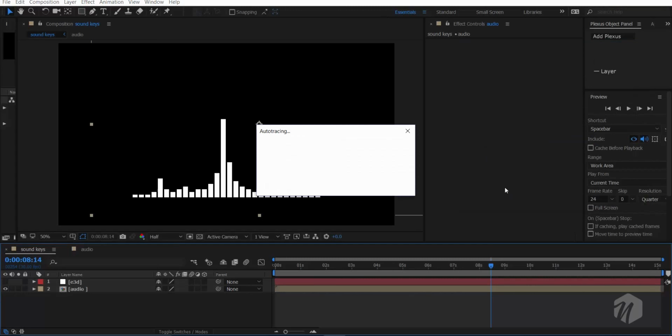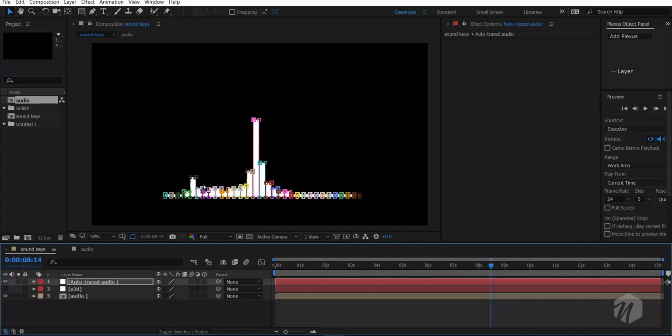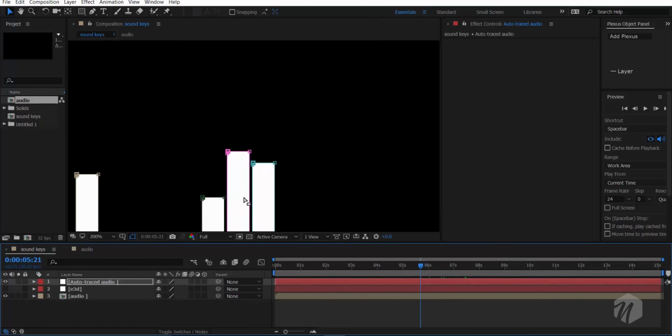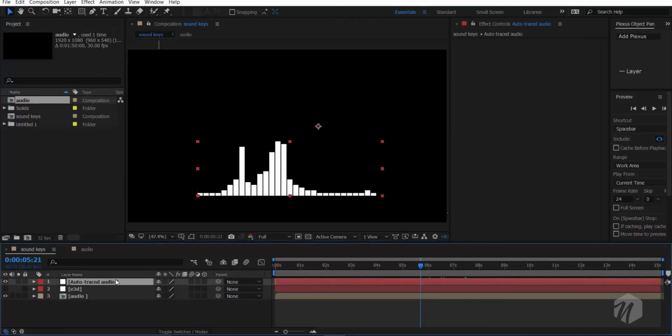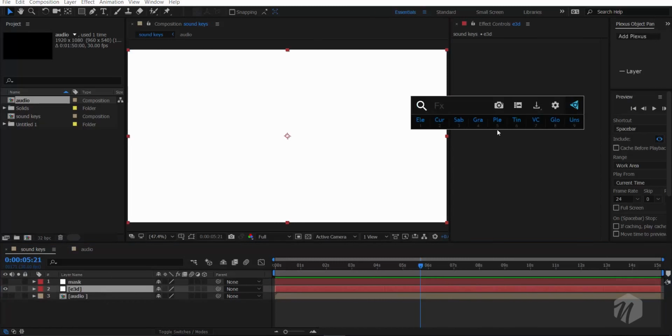So it will take some time, but let's see after that. So here you can see these are masks and these are animated masks. So all good, and let's move on to the next step. So disable, maybe we'll just rename this mask, and go to our Element 3D layer and just